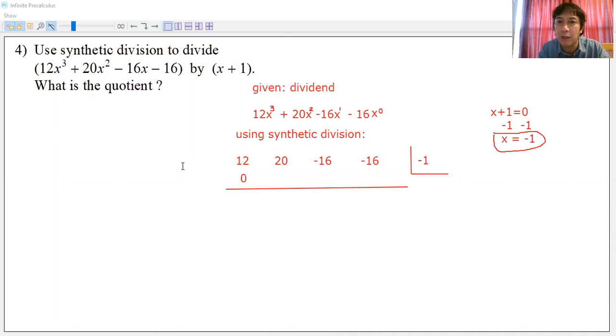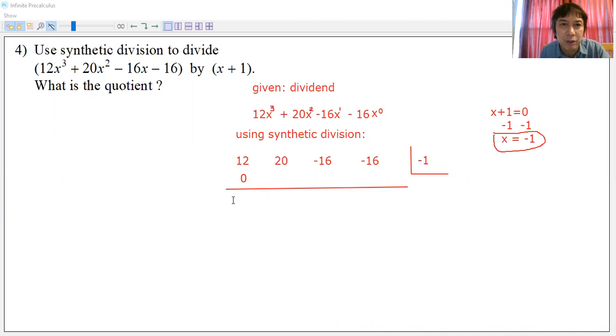First operation is add and then multiply the result by the trial divisor. And then the result of the multiplication will be an addend to the next column. Okay. And then the result of adding that will be multiplied again by the trial divisor. And then the result of this, which is the product, will be written in the next column, will be addend to the next number, and so forth and so on, until you reach the final addition, which will provide you the remainder. Okay. All right.